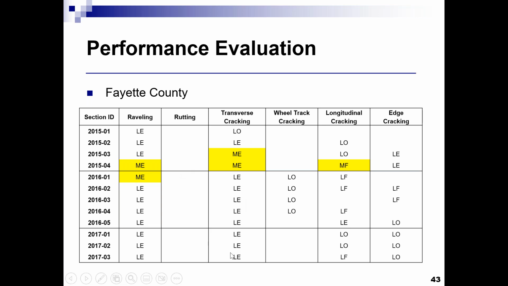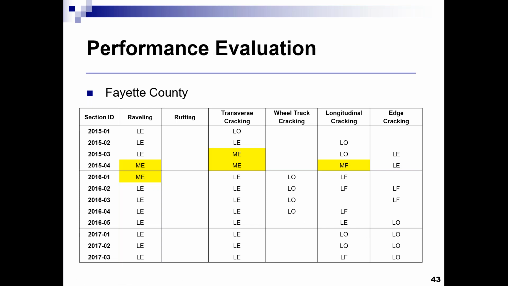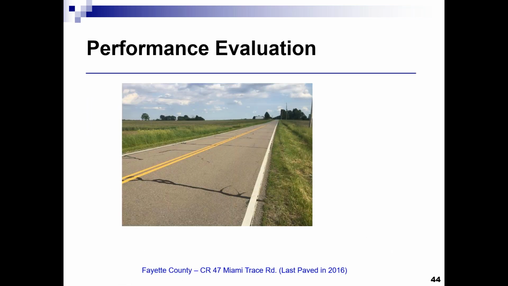Transverse cracking was the more common type of distress that we observed in Fayette County. We only had one location where we had a more moderate longitudinal cracking. And if you remember from the previous slide, this is really one of the locations where we had higher traffic at this site. These are selected pictures from different roads where the 404 LVT was used in Fayette